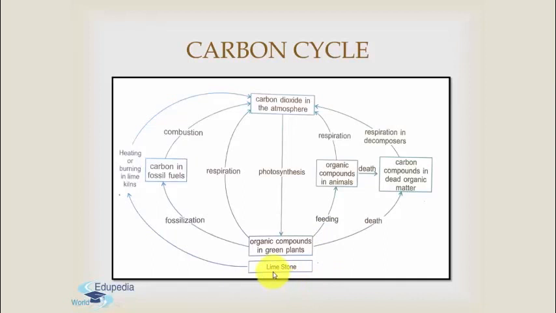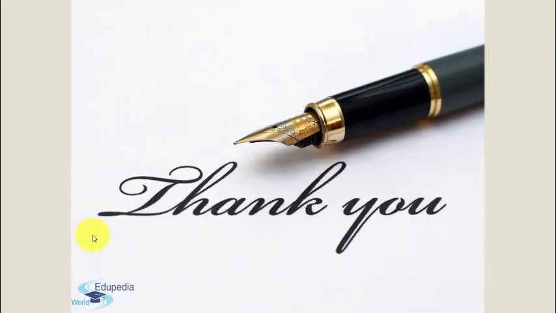Then you can see here that a certain amount of carbon dioxide is released during heating or burning of limestones in lime kilns. Also, when the amount of carbon dioxide in atmosphere undergoes considerable change, carbon dioxide present in the water bodies helps to maintain its equilibrium state by going into the atmosphere or by absorbing more carbon dioxide from the atmosphere, as the case may be. So this was all about carbon cycle, and here I end the chapter named photosynthesis.